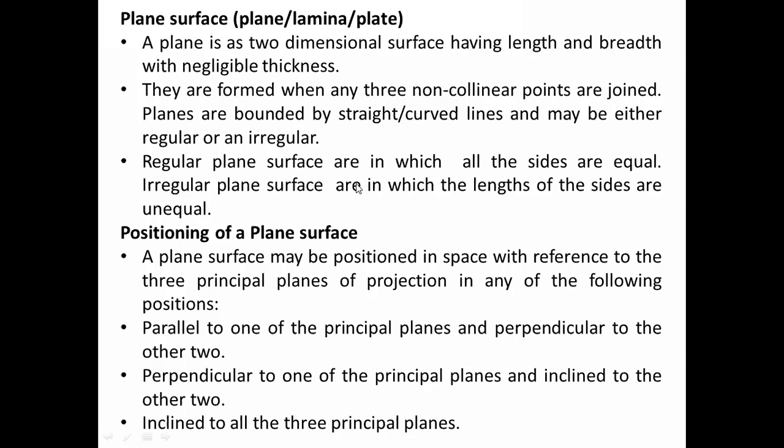And then solid. Everything will have positions. Am I correct or not? Everyone will have a position, then only it depends where it is situated. So again, this plane will have similar cases to what we saw for line. It will be parallel to both the planes, perpendicular to one plane, inclined to both planes, etc. These are all cases that hold true for line, plane, and solid. We have already seen line. So these are the cases only, nothing else. So we'll directly move over to what the cases are.